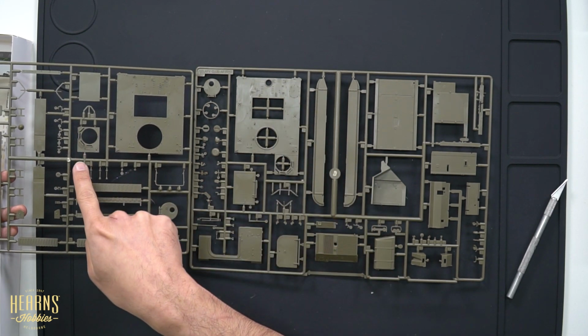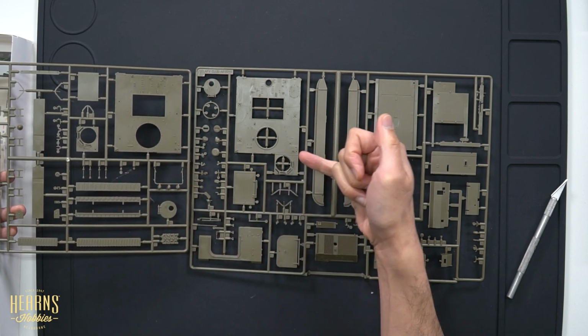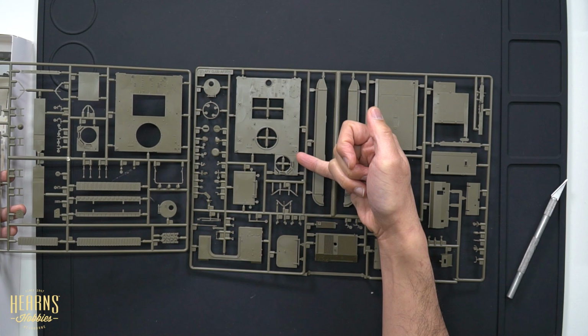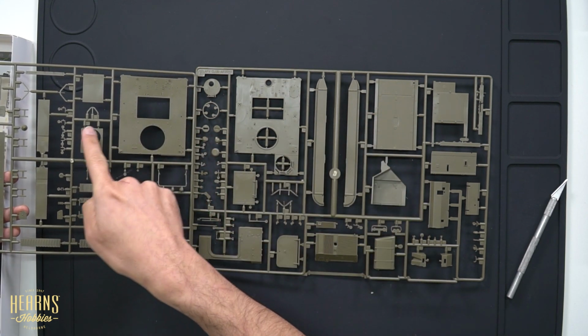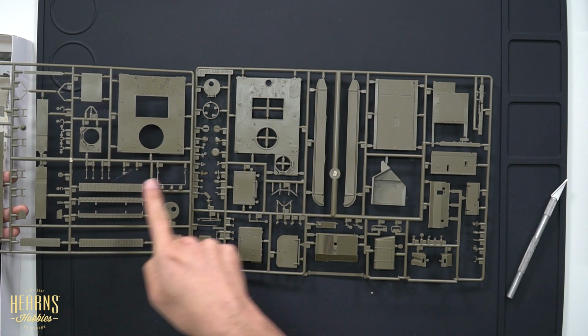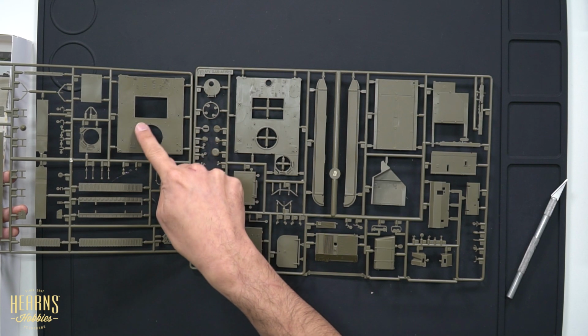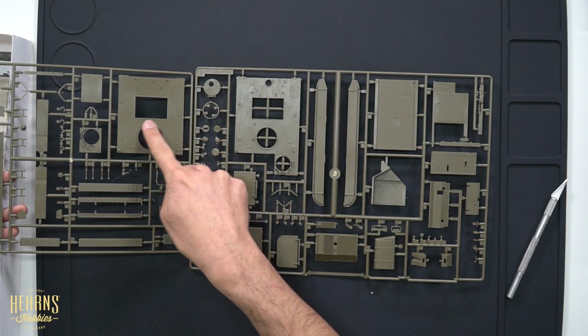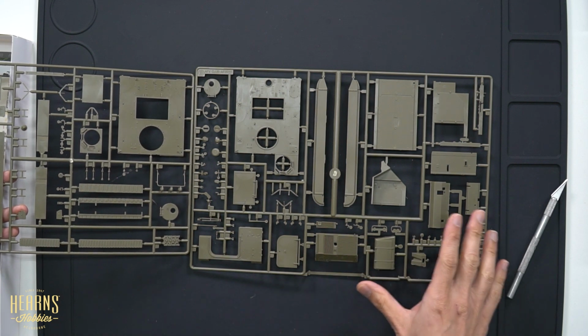The driver's section is slightly different here. You'll see that the fitting on this point is actually on the panel for the driver's panel. So just fine details like that. This opening here is slightly bigger for the T50. So you've got your turret ring that goes on there. And then let's see, you've got